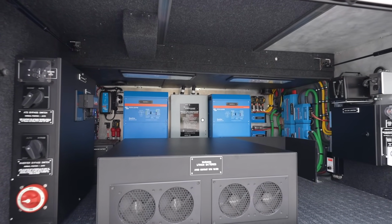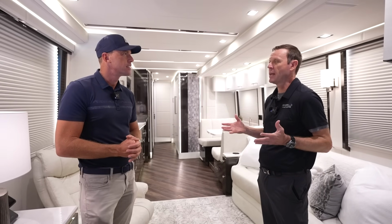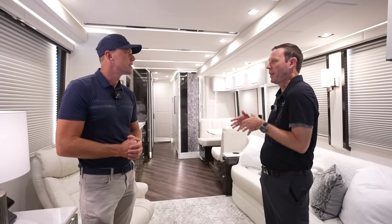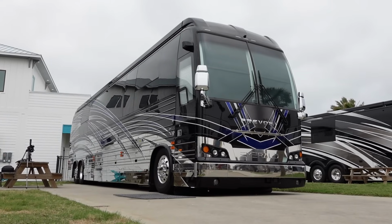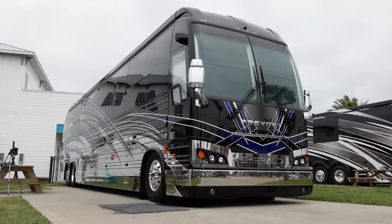If you don't like lithium, you can change over to AGM with reprogramming inverters, which is cool, because for some guys, batteries aren't that important. They want it to work, but they're not into how long the lithium will run and all that. So this coach is very versatile. You can really customize it for an individual's needs on the battery system. I think those are two of the largest